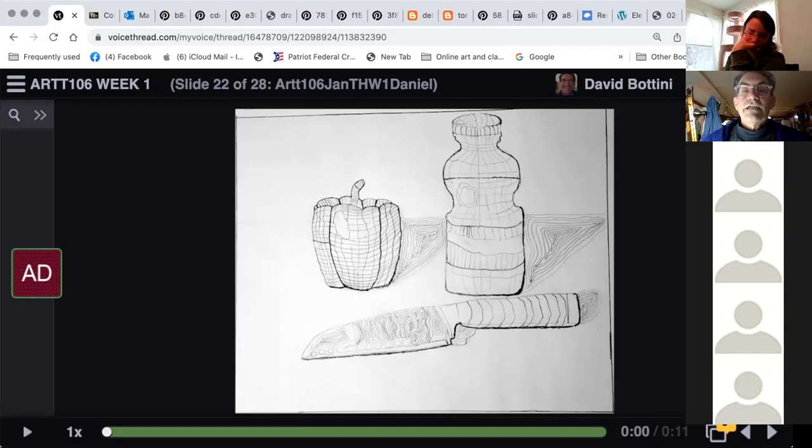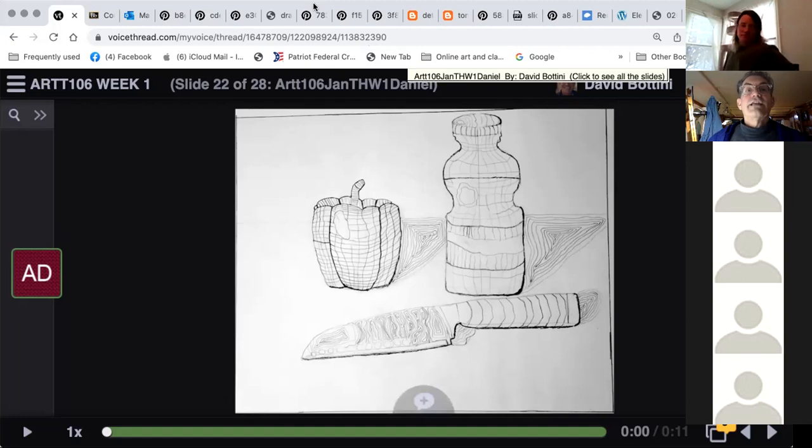Okay. And that knife, for example, you're talking about that surface. So you looked and tried to invent a way to convey that with that line pattern. Mhm. And that's that perfect example again of subjective, where the artist makes choices that are based on what you think is going to convey something. So, I keep sort of saying that because that's one of the cool things looking at these drawings. All of you were making very personal decisions where you were interpreting the technique to try to convey a kind of